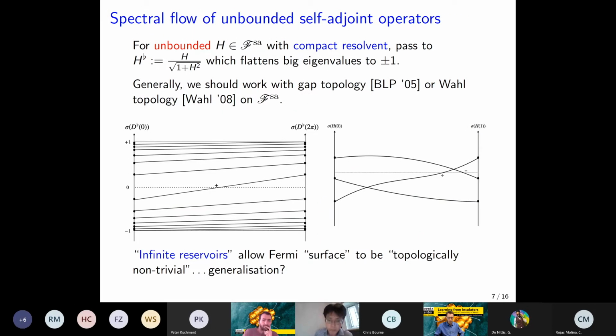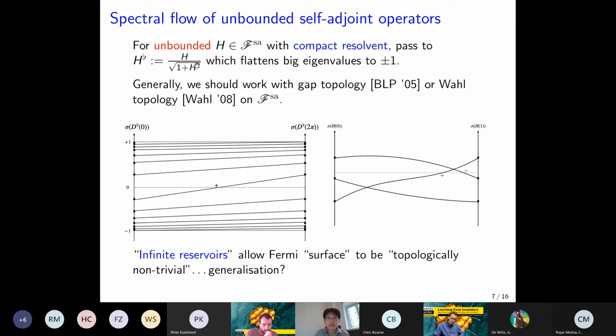Okay. Now, I want to talk about unbounded operators, and the spectral flow originally arose, at least in the physics context, for operators with compact resolvent. So these would be, for example, Dirac operators on compact manifolds. And we saw some examples yesterday of Laplacians, for example, on minimal surfaces with or without boundary. In that situation,